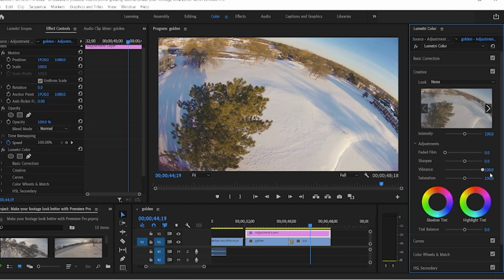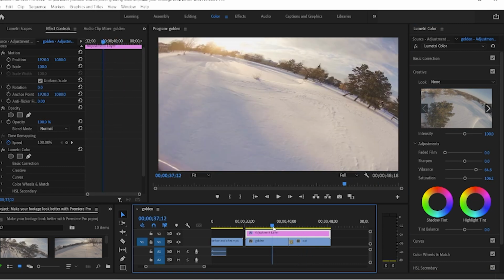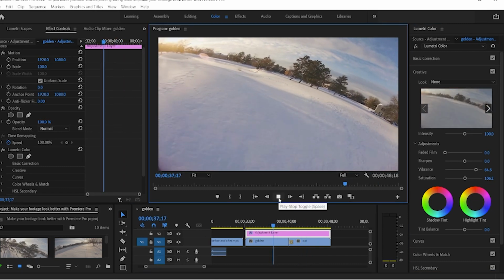And I'm going to adjust it up until it starts to look kind of crazy. As you can see in the shadows, it's really making everything blue, but I want to bring the blue out of the sky a little bit more. So I'm going to go 64 right there. Bump the saturation up just a hair. Play that through.